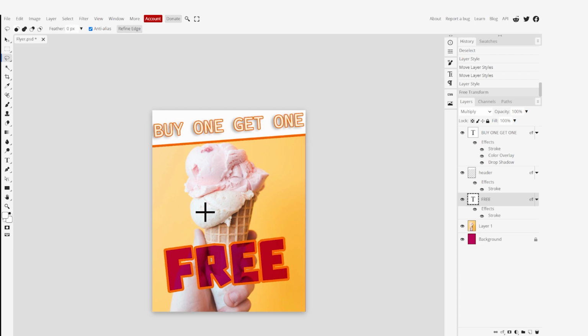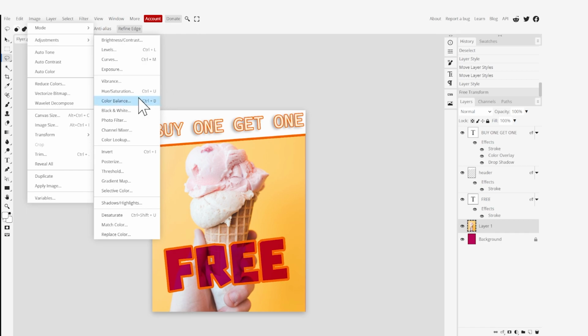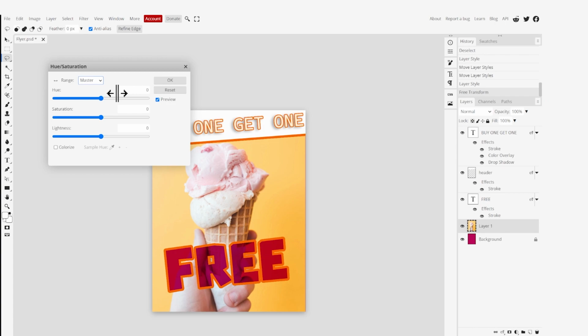Now we will add more colors to the background image. So you see the background image, it doesn't have colors. So maybe we'll have to add more saturation to it. So to do that, I'm going to click on that image layer. And from here, we are going to click on image adjustment, then go to hue or saturation. And right here, we will see some options. So now this is the master. If we increase the saturation, you'll notice that the color of the background will change. So I can move it up. I can slide it around